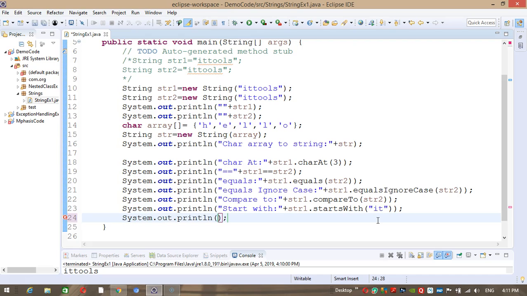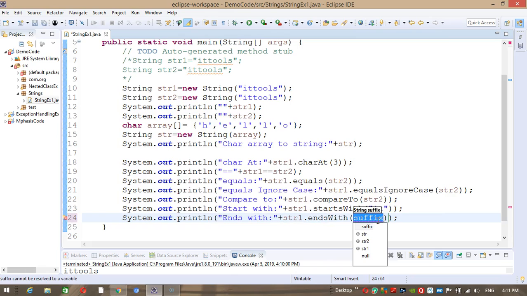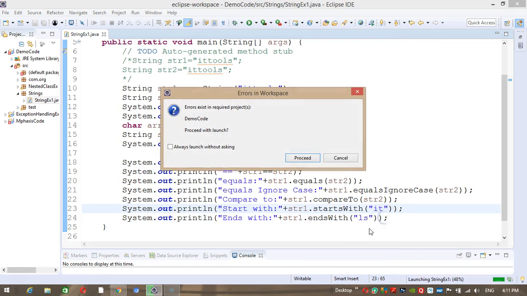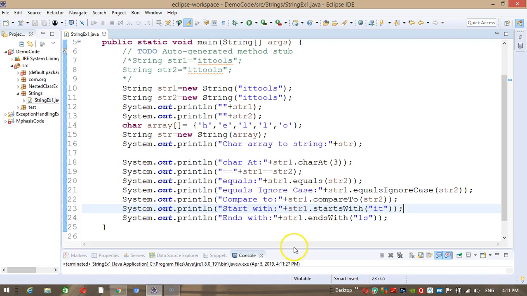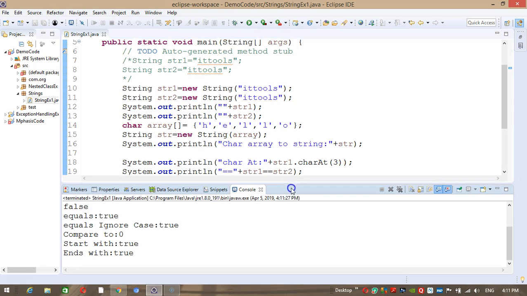Like startsWith, endsWith is also there. We can check whether the string value is ending with some particular string or not. So both these methods will return a true or false value. If it is starting, it will return true. If it is ending, it will return true. Okay.